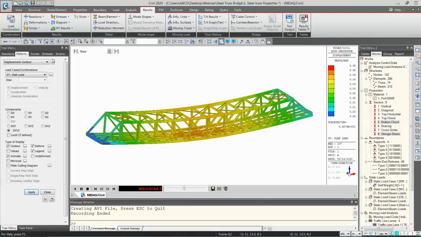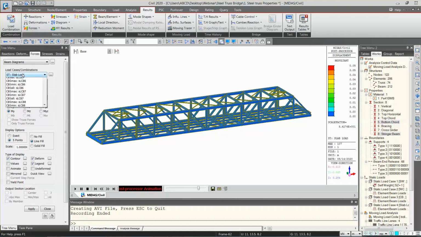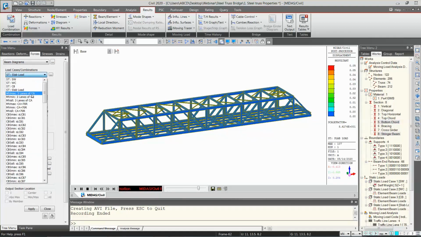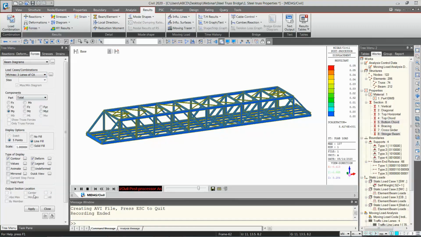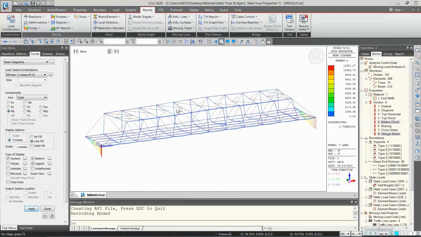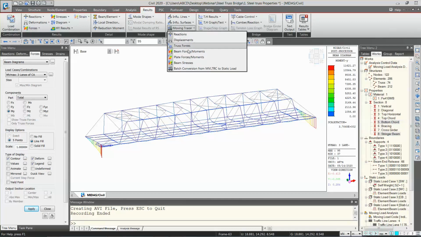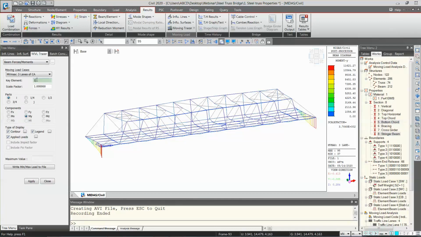Okay, and then we will go to forces and beam diagrams, and let's check for MV max, 3 lanes of class A. Okay, we are getting the maximum at element location 95. For that you can go to moving load tracer, go to beam forces, select 95 and click on apply.